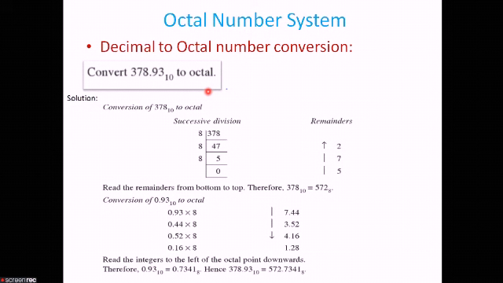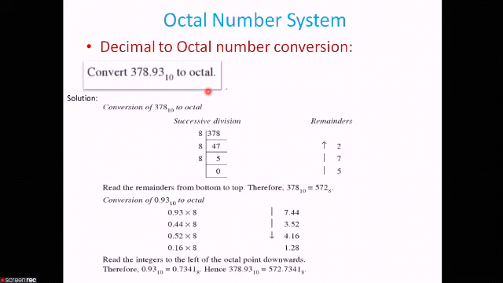Next, to convert the given decimal fraction to octal, successively multiply the decimal fraction by 8 until the product is 0 or till the accuracy is obtained. The first integer from the top is the MSD, that is the most significant digit, and the integers to the left of the octal point read downwards give the octal fraction. So these are the rules for the conversion of decimal to octal number conversion.